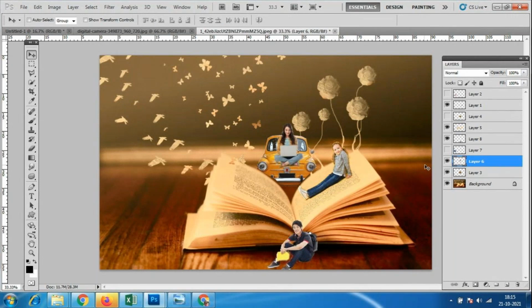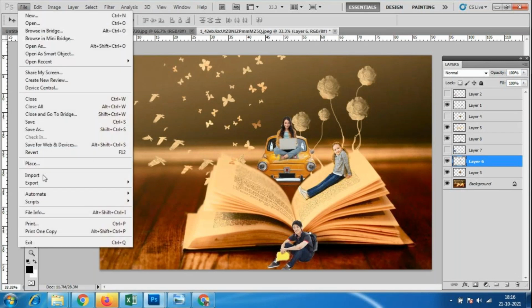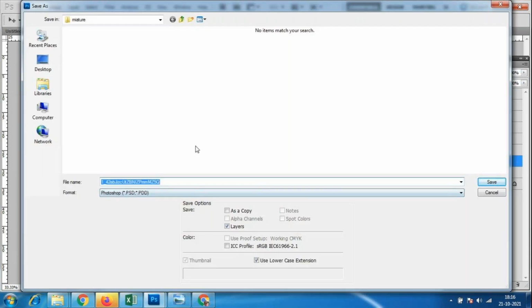We have to click the layer, then only we can see which layer we have to move and where we can place the thing. Now I will save this file, Save As in Photoshop format. I have made a miniature folder, so in that we have to save the file.